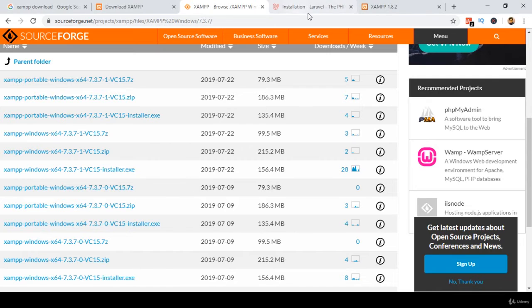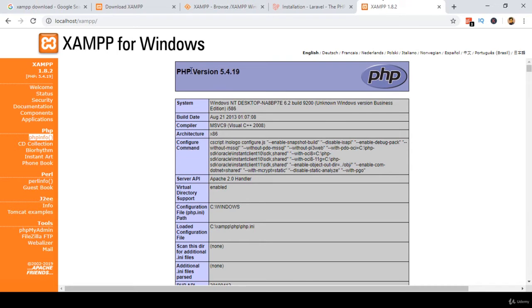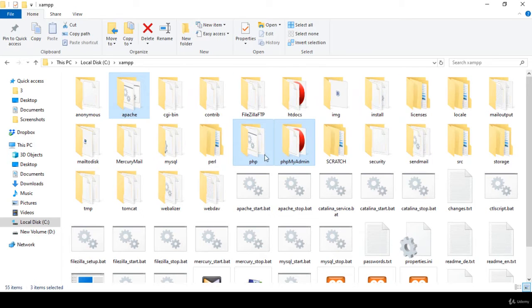Here I already discussed these things with you. Now I am using PHP version 5.4, and I want to update it. If you want to update, you have to update these three files. Right now it's better to just rename them, or you can also delete them from here. So I just define it as